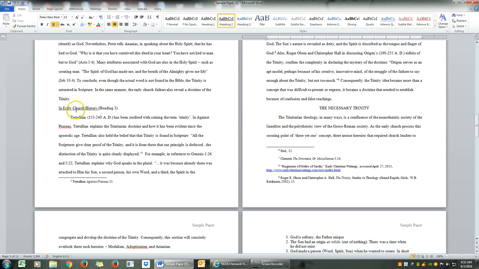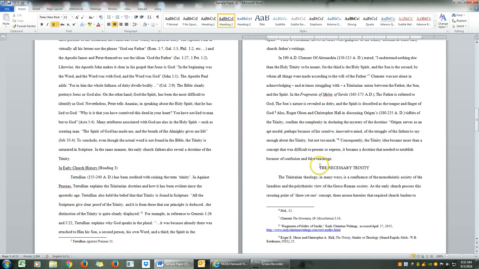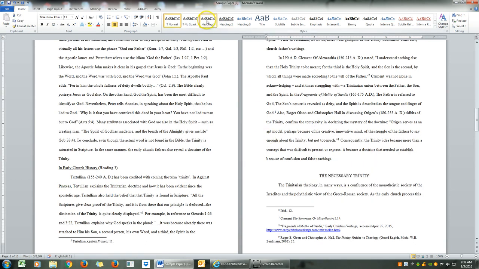If you want heading 3, you can program it, but in Debian I don't think it's required to add heading 3 in your table of contents. So as of right now with this sample paper, I'm going to just program heading 1 and heading 2. So here, highlight, click heading 1,